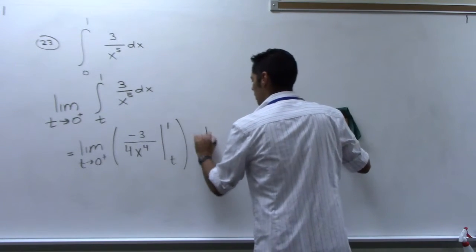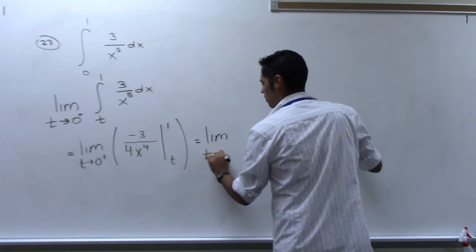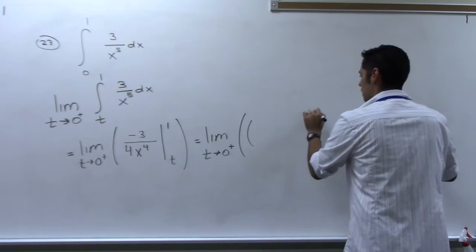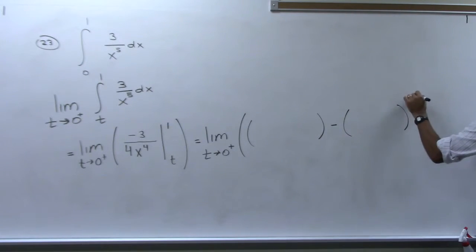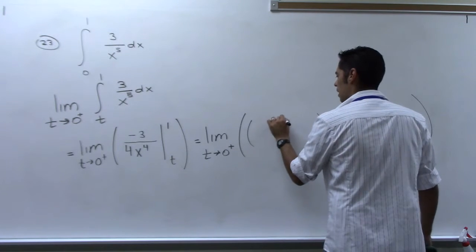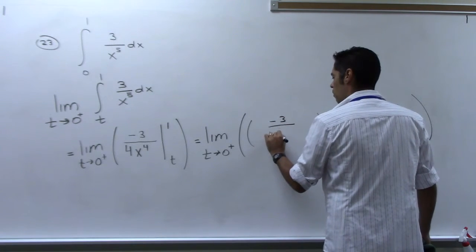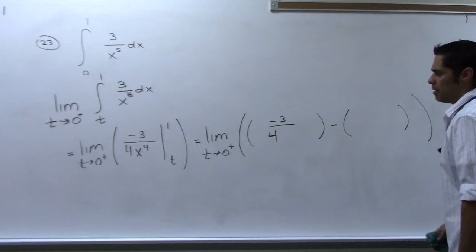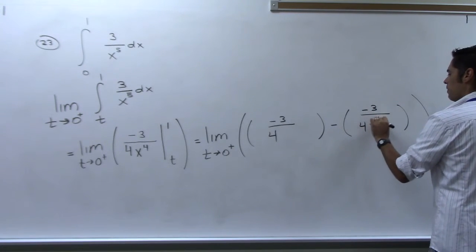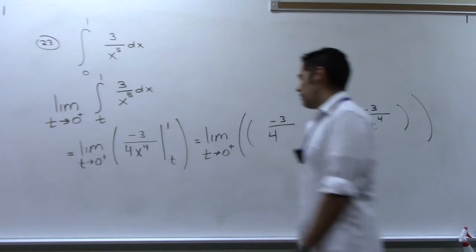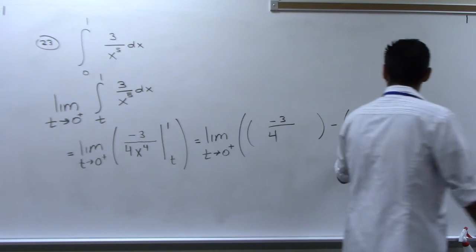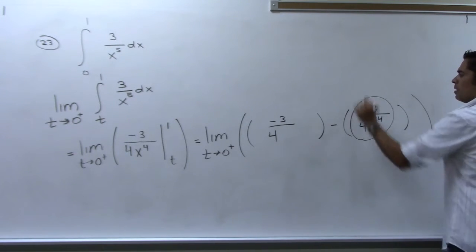And that equals the limit as t goes to 0 from the right of, and then we'll have our two pieces here. So let me plug 1 in first. So 1 into there would be -3 over 4, that's it. And when I plug in t, I get -3 over 4t to the 4th. So now if I let t go to 0, this right here is going to turn into a fixed number